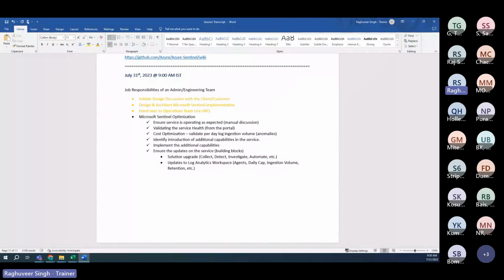Only security? No, Yogesh, it depends. I'm saying security is for sure you need to collect. But other than security, security is the main log that you need to collect from a Sentinel perspective. But if your customer would want you to collect some additional logs, which could include performance logs at times, or any additional logs, you can discuss with your customer. But security is the main log that we collect. And as long as you're collecting security logs from Linux servers,